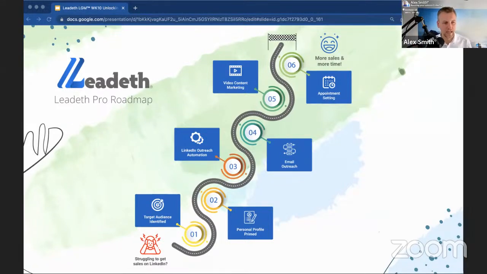Then we do a bit on content marketing, and that's all about promoting what you do regularly on LinkedIn. That's really going to help to bring inbound leads into your business as well. And 6th there on its own is a little bit odd, appointment setting, but it's very key to look after all these new leads, make sure we've got a proven system that's going to capture those leads and they're not going to go missing. So having a CRM in place to effectively deal with those leads.